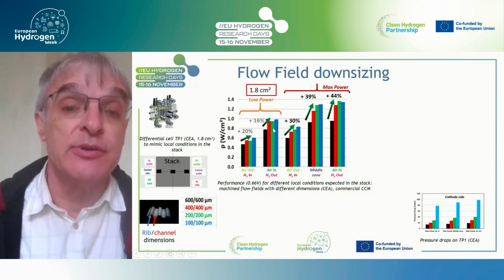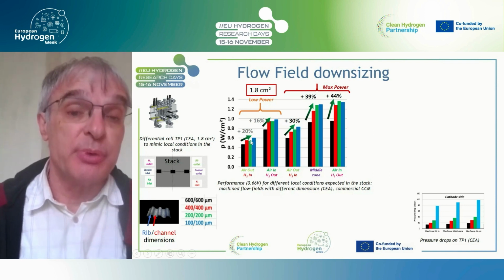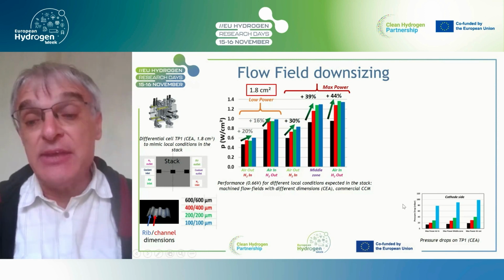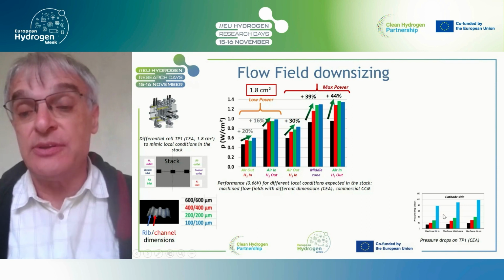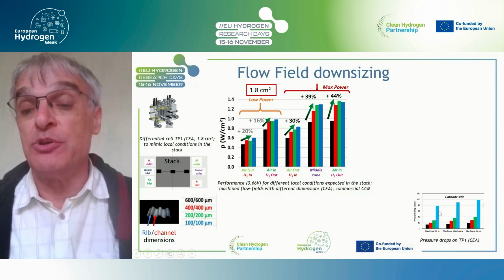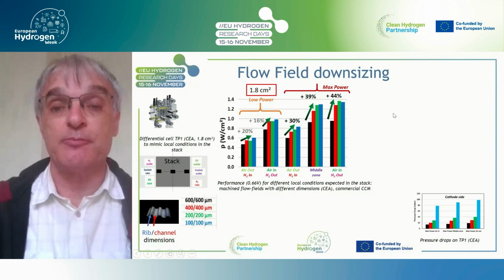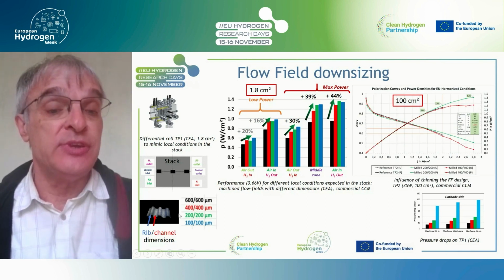And you see that whatever the operating conditions are, we increase drastically the power density by reducing the rib channel pitch. Nevertheless, there is a limit, because when you reduce this rib channel pitch too much, around 100 micrometer, you have a huge increase of pressure drop, which is detrimental for the system aspect. So we won't go down to 100, but we'll stick to these two values, 400/400 and 200/200